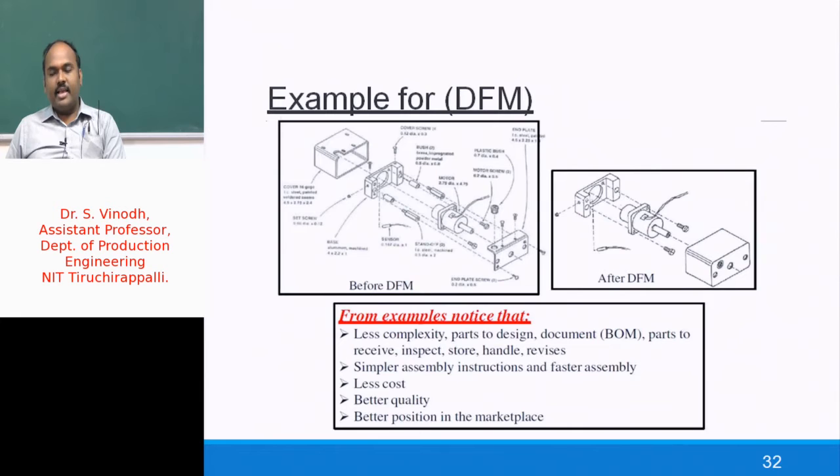Again, this is a second example for DFM study, which is nothing but a case of a motor drive gearbox, where we could see on the left side a complex design which has been remedied, and the modified version is being shown on the right side, where the total complexity with the design has been minimized with reduction in the parts. From these two examples, we could clearly observe the complexity with the design has been minimized, and the design assembly has been made simpler, and the cost reduction will happen, and the quality improvement will be there, and the manufacturers of these products will occupy a good market position in the markets.